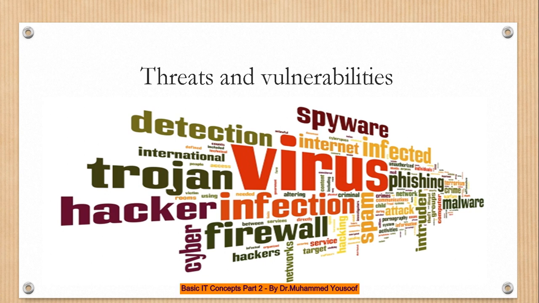And similarly, we have hackers. Who are hackers? Hackers are the people who try to break the security of the information system and try to gain access into the system. Okay, then we have something called firewall. You know what is firewall? It is a filter, a hardware and software combination which is available in most of the big organizations to protect their private network. That is called firewall.